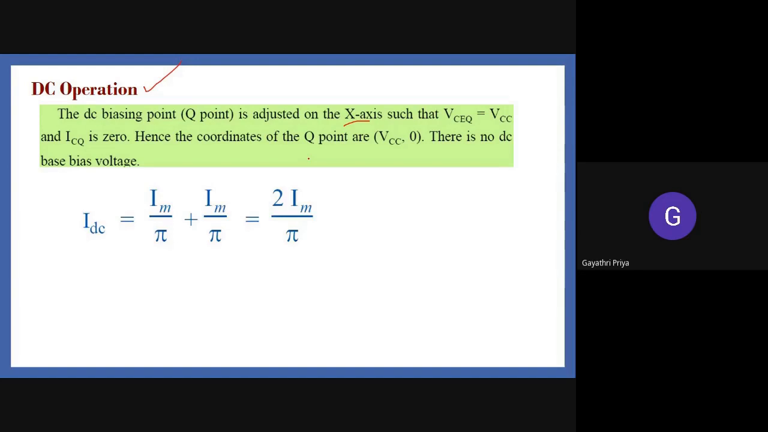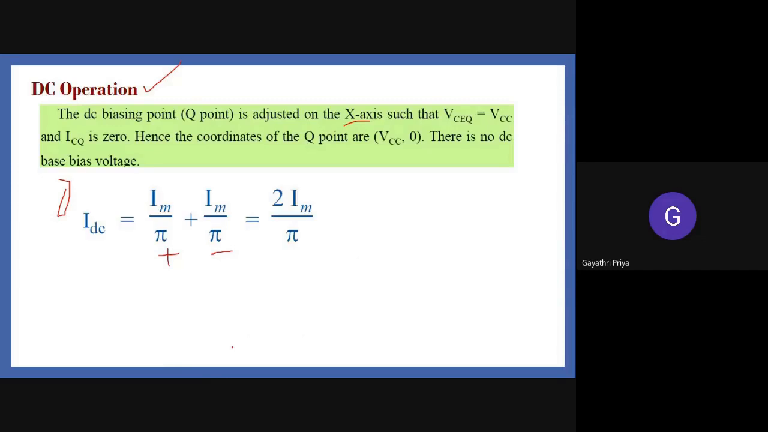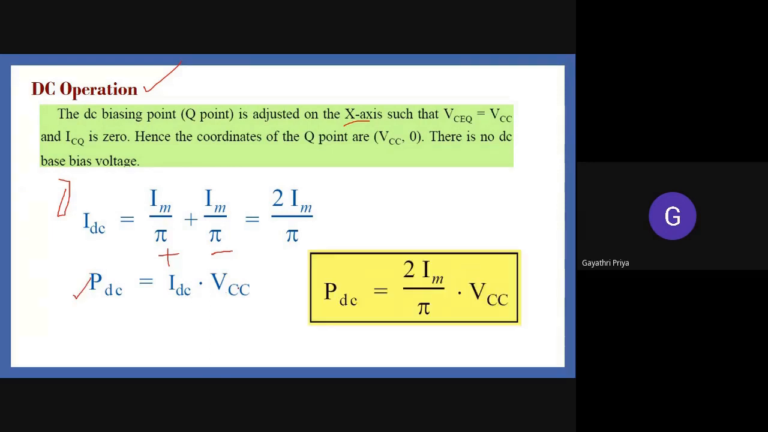We know that this is similar to your full wave rectifier. This is for the first half cycle, that is during your positive half cycle, and this is for your negative half cycle. You could see this in the figure. During the positive half cycle, I1 is conducting, and during the negative half cycle, I get I2. If I combine them both, we will get twice Im by pi as our DC current. Clear? We know the expression for DC power, that is equal to VCC into IDC. So also we know, kindly